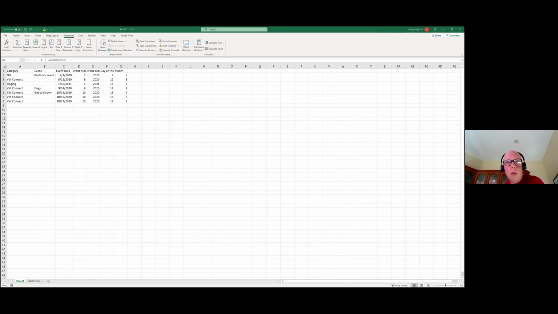Let me jump ahead a little bit. Here's one I like and use a lot for various things: days to the event. A nice function in Excel called TODAY gives you today's date. So if I put equals TODAY, it will give me today's date, which isn't very interesting, but if I do today's date minus when the event is,